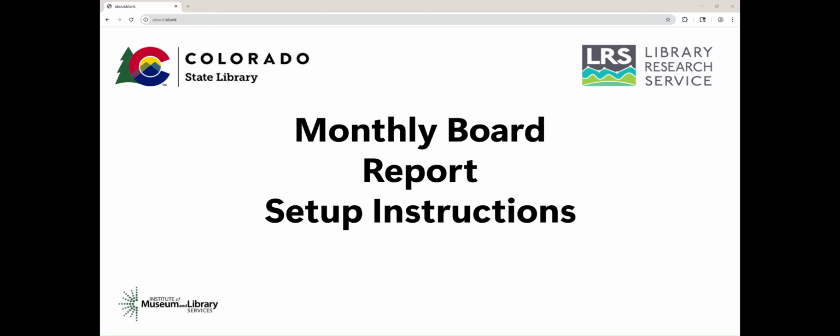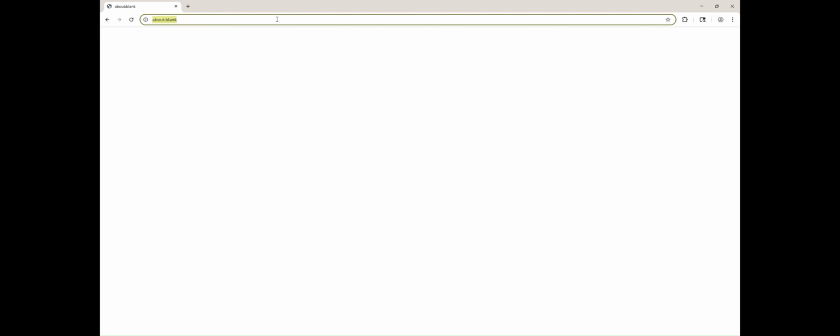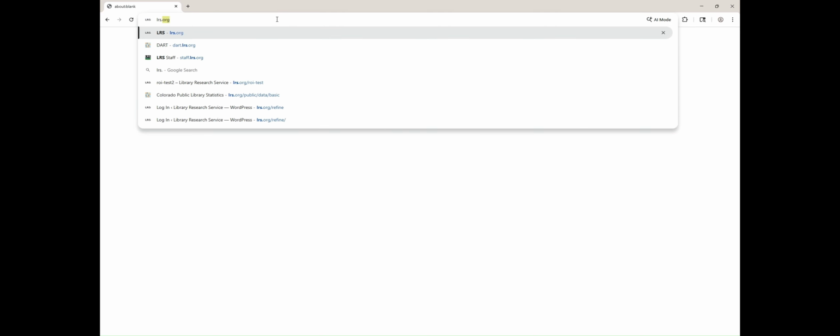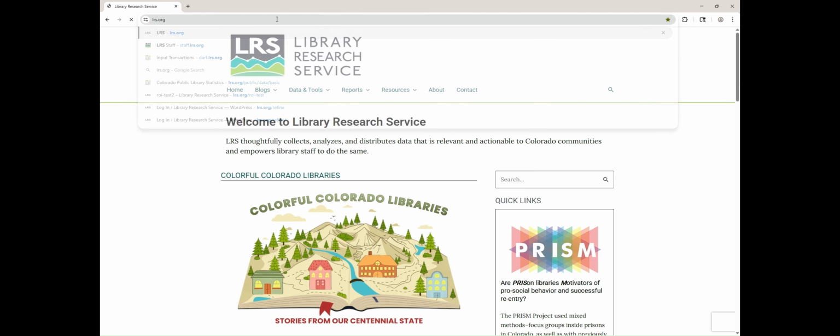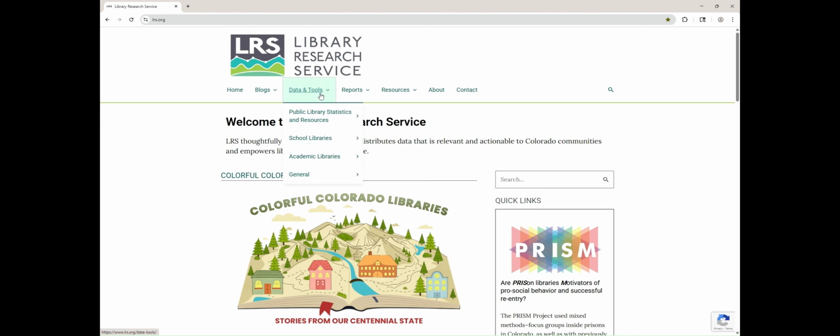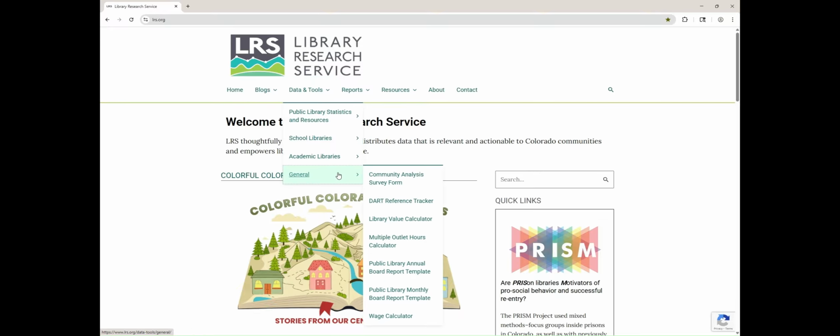If you would like to complete your setup along with this video, pause here and open a second browser window. Sign in to the Google account you'll be using to store the two files that are required. To find the instructions, as well as the two files you need to complete your report, go to lrs.org. From the Library Research Service homepage, hover over Data and Tools, General, and then click on Public Library Monthly